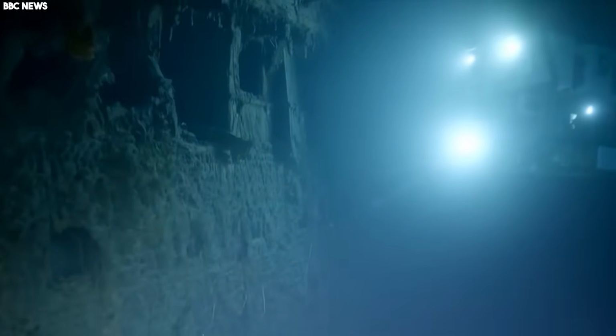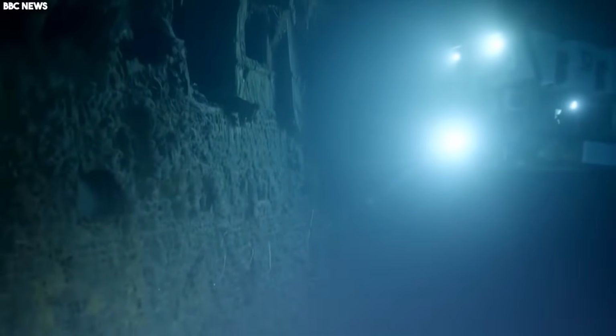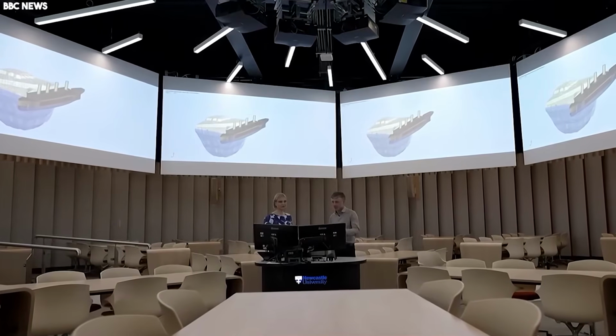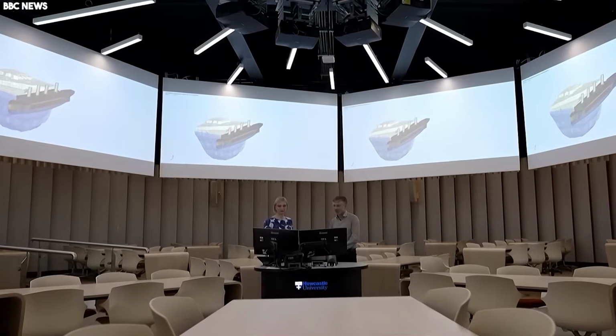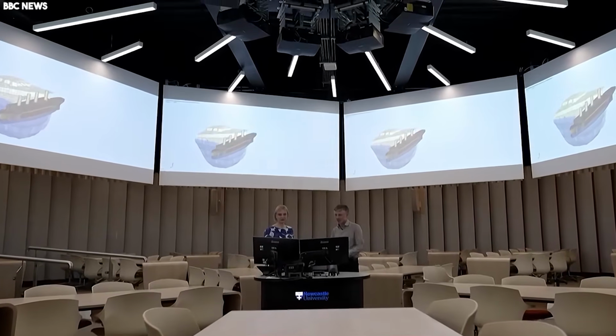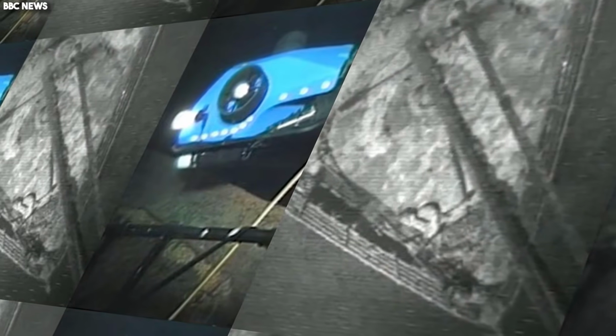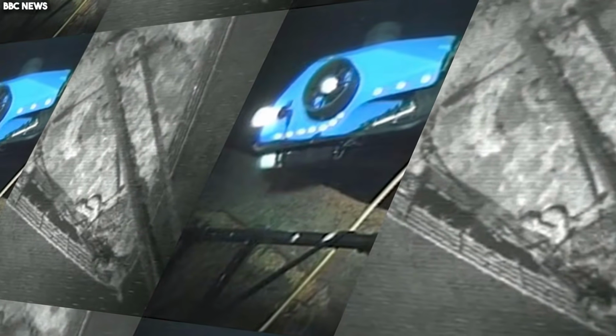Unveiling the contents of the century-old film rolls recovered from the depths presented one of the greatest technical challenges in modern archaeology and imaging science. Physical development of the fragile, water-damaged film was impossible without destroying the evidence forever. The emulsion layer, where images are recorded, had fused with salt crystals and sediment after a century underwater. Instead, the research team pioneered a cutting-edge approach that combined neutron tomography with artificial intelligence to reveal the hidden images